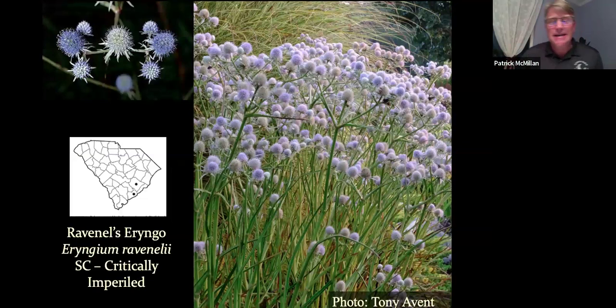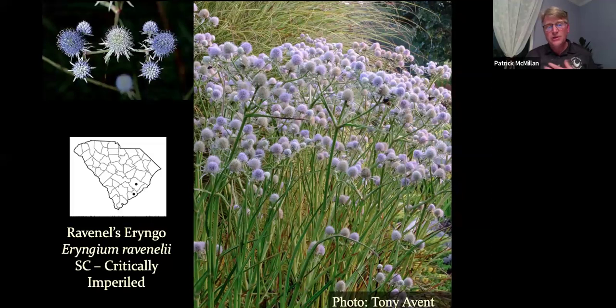Another incredible plant. This is one I had to sneak in here. It's not a Grand Strand plant, but you need to go look for it because I bet it's in Georgetown County. I bet it's in Williamsburg County, and it could be in Horry County. This is Ravenel's eryngo, and it's a plant that